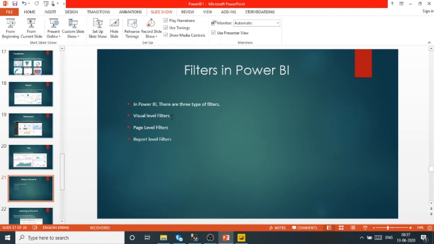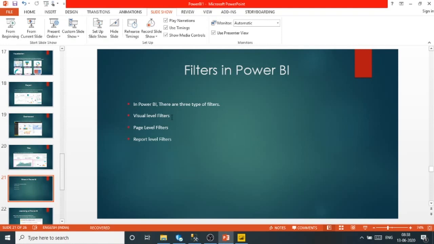Visual level filter means if you want to restrict your data, filters are used to restrict your data. If you apply the visual level filter, it means you want to restrict your data on the basis of the visuals, right?